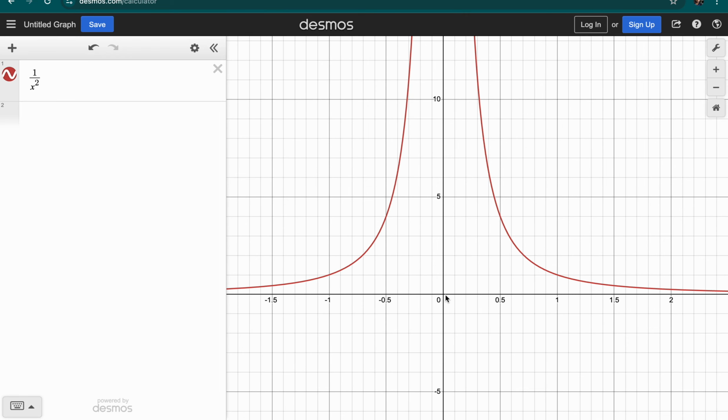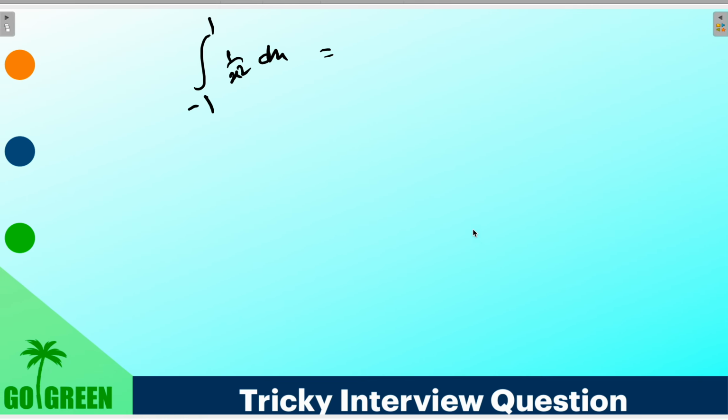So basically, if you calculate 0 to 1 and multiply it by 2, then you will get the actual value. So the integral from minus 1 to 1 of 1 by x square dx is actually 2 times the integral from 0 to 1 of 1 by x square